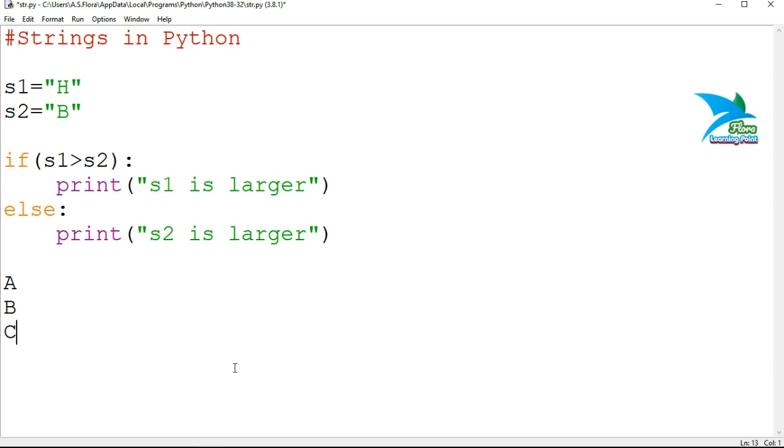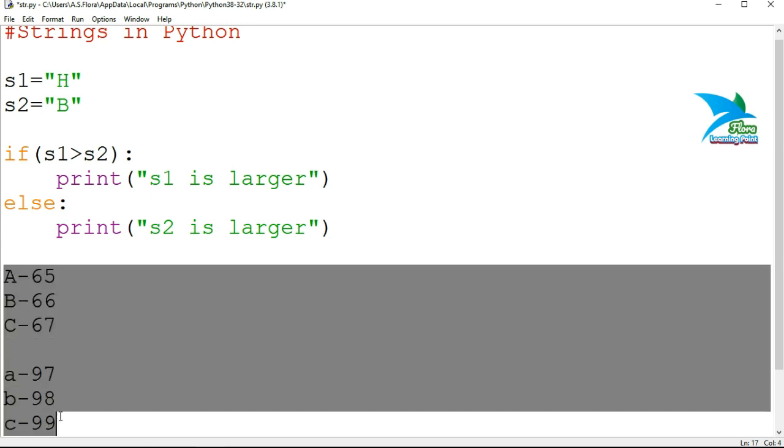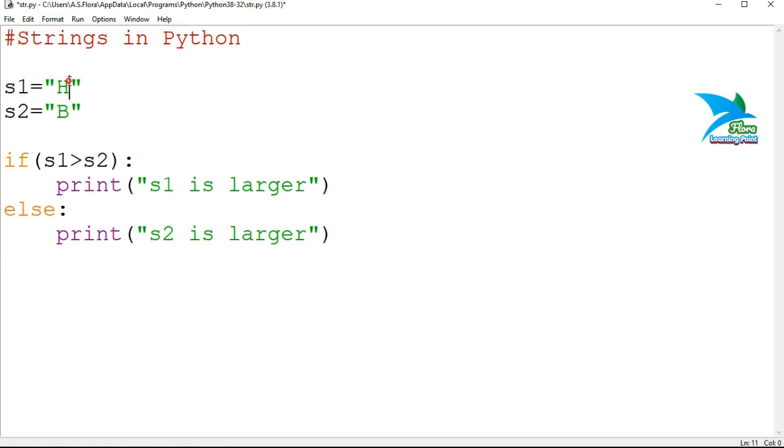The ASCII value of capital letters A, then B, then C, and so on: capital A is 65, capital B is 66, then 67, and so on. And the ASCII value of lowercase alphabets a, b, c starts from 97, then 98, then 99, and so on.